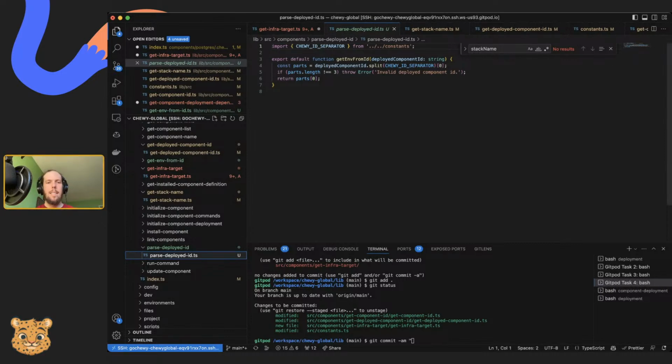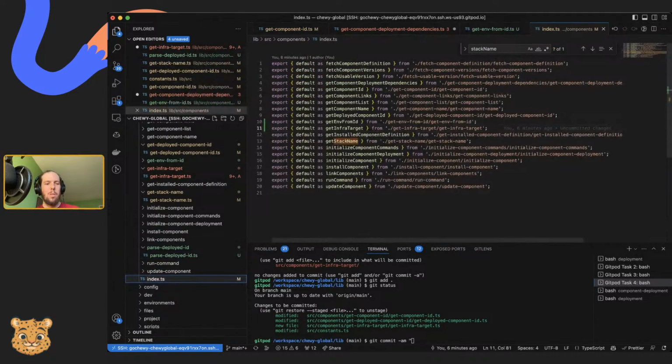Deployed component ID. We will just say return environment is part 0, type is part 1, name is part 2. Okay. Sort of regretting writing that other function now, but